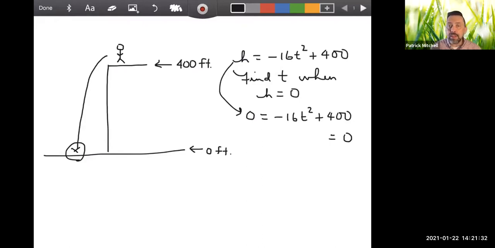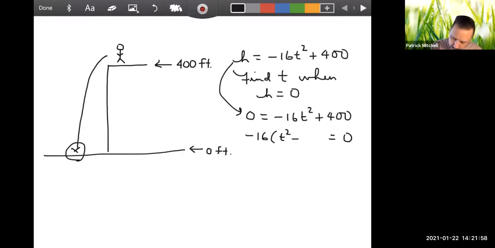So in this case, I think we can pull out a negative 16. Remember when your quadratic polynomial starts with a negative number, we often think about factoring out a negative number. So we're going to factor out negative 16. And that's going to leave us with t squared